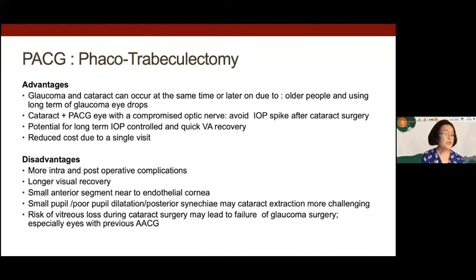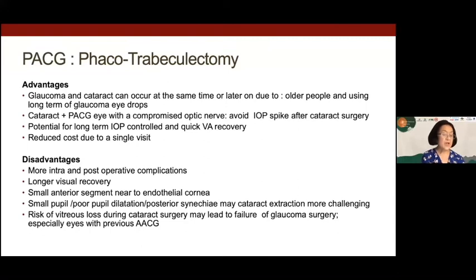There is also potential for long-term IOP control and quick visual acuity recovery, and also reduced cost due to a single visit. Whereas the disadvantages are more intra- or post-operative complications, longer visual recovery,